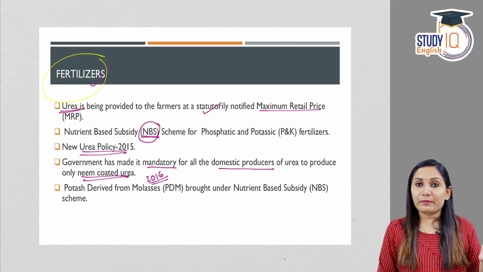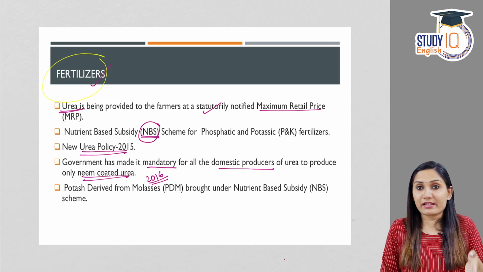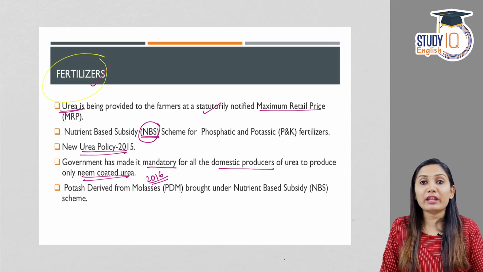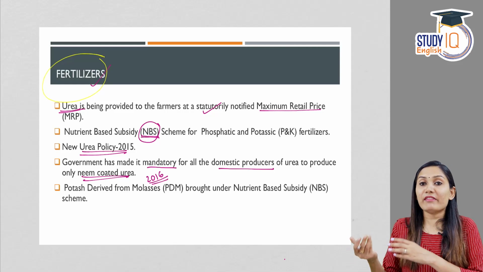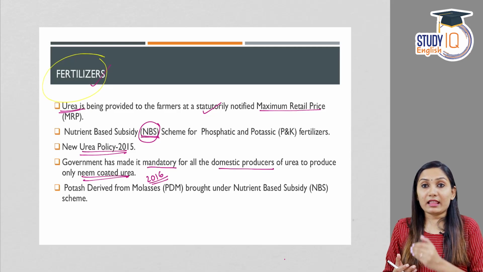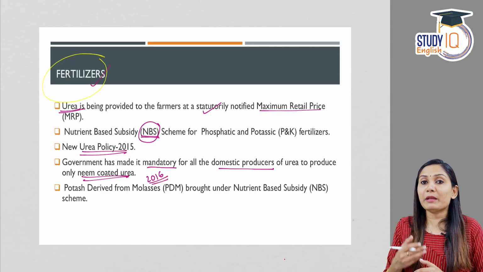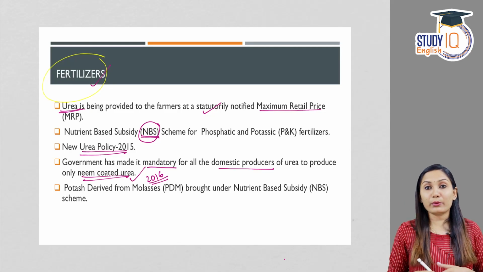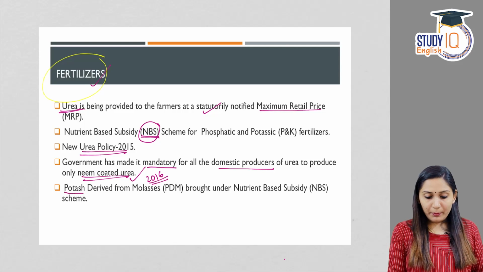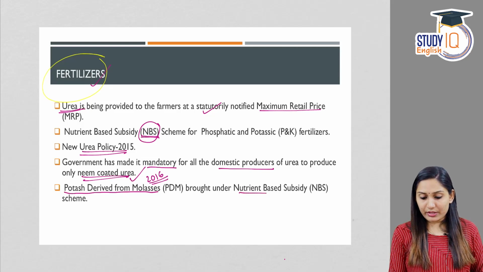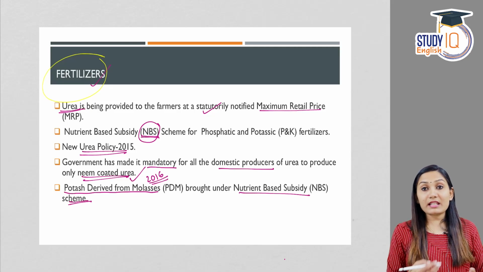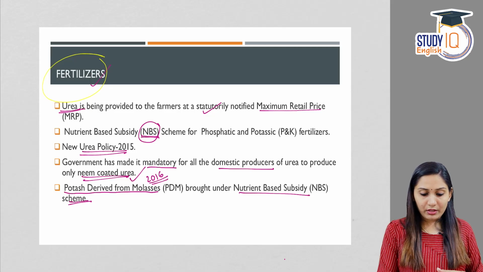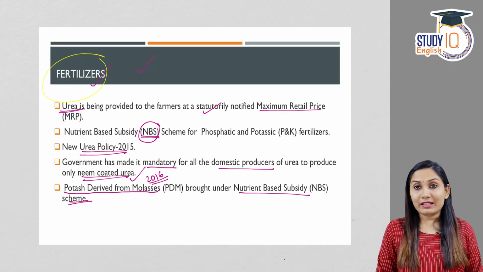Second thing is that urea was highly diverted for industrial use. That is, urea is given subsidy, so there was a huge diversion of this urea for industrial purposes. So neem-coated urea will help to contain this diversion. And thirdly, neem is also a pesticide, so it will be more efficient as a fertilizer as well as a pesticide. That is the reason neem-coated urea has been introduced. Potash derived from molasses brought under the nutrient-based subsidy scheme. So these are the government initiatives or steps taken in order to ensure the better efficiency of the use of fertilizer subsidies and